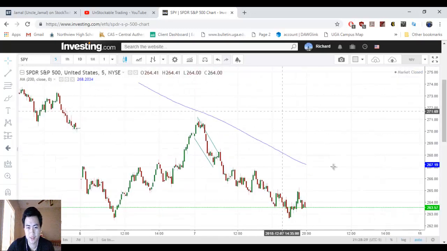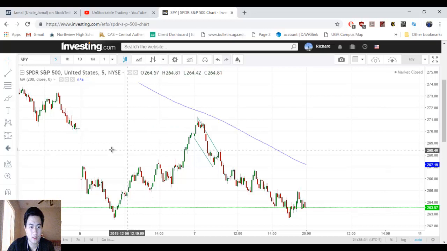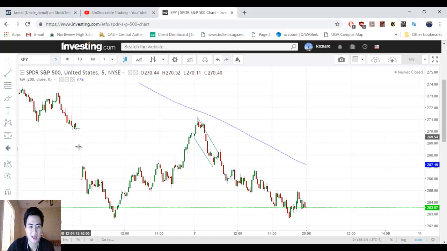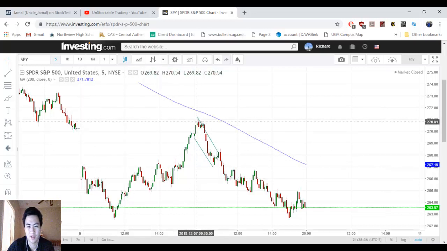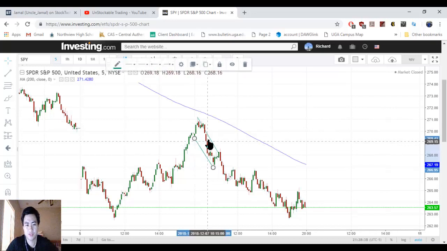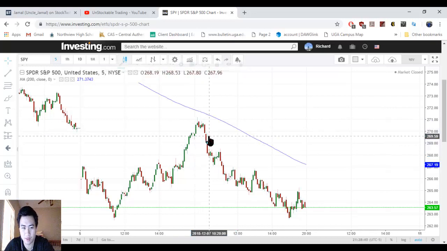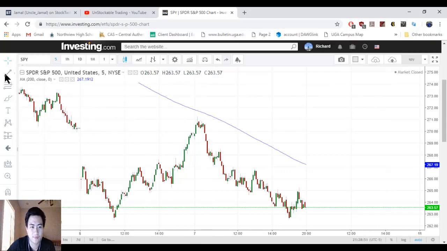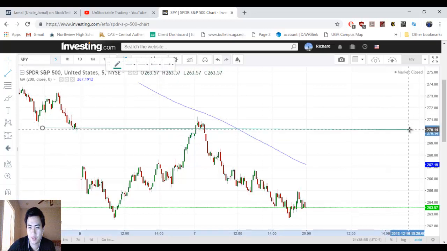So as in this area right here, okay, this area. Like I said, gap. So we see this kind of gap, it's going to be filled. It's a matter of time. Okay, let's draw the support and resistance on this one. I try to draw my support and resistance every single 5 to 10 minutes, so I know what the zone is and how I'm going to trade based on that. So let's see this right here. We have immediate resistance right here at the top, because this is where we fall. So we have a resistance right here,